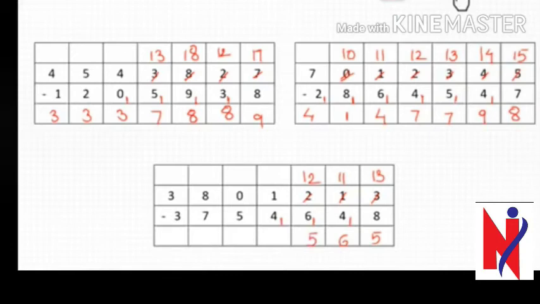1 you will write below 4. 4 plus 1 is 5. 1 will become 11. 11 minus 5 is 6. Again you will write 1 below, and 0 will become 10. 10 minus 6 is 4. Because 5 plus 1 is 6. 1 again you will write below 7. So 8 minus 8 is 0, and 3 minus 3 is 0. Children, I hope you have understood the other way of solving the subtraction.